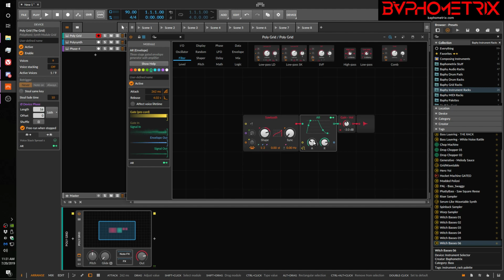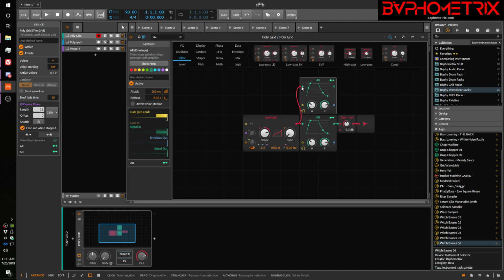Okay, I'm pressing a note, but nothing's happening at all, because we basically said the envelope has nothing to do with voices. This envelope has nothing to do with voices. But let's say I make a second envelope. Let's just duplicate this again. And in this envelope,